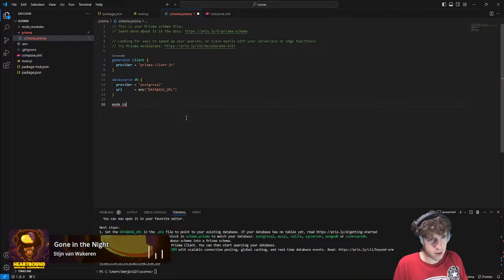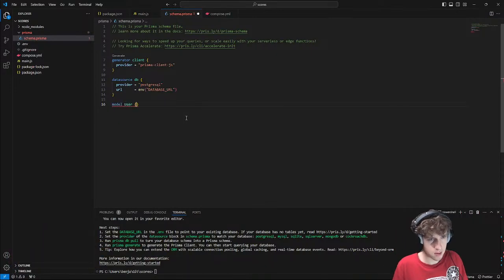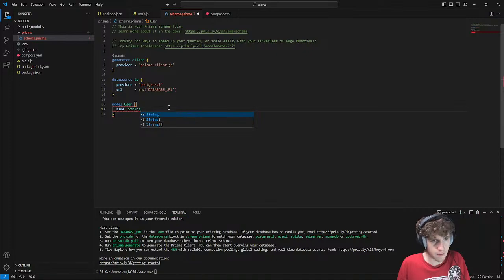So over here in schema, I can do model User. User is going to have a name, which will be a string. It'll have an ID, which is going to be an int. This is going to be @id @autoincrement.